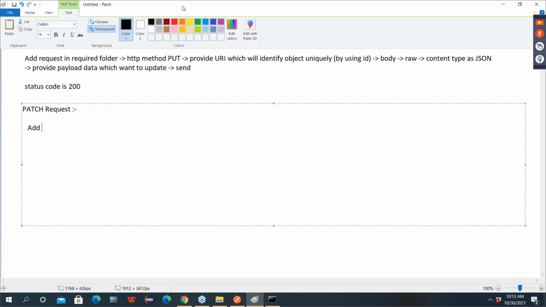So add request in the required folder, then HTTP method as patch, then provide the URI which will identify the object uniquely.